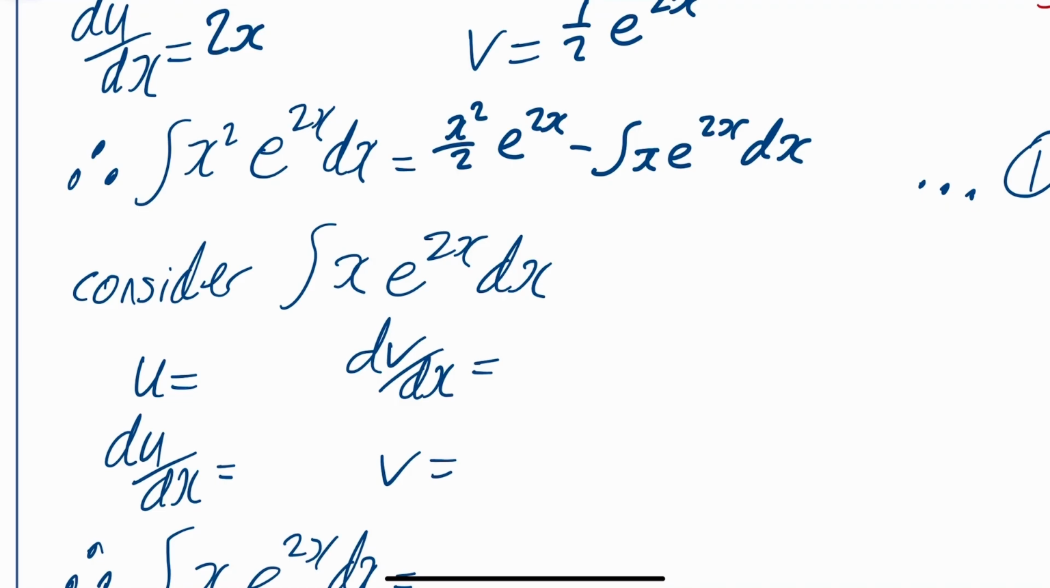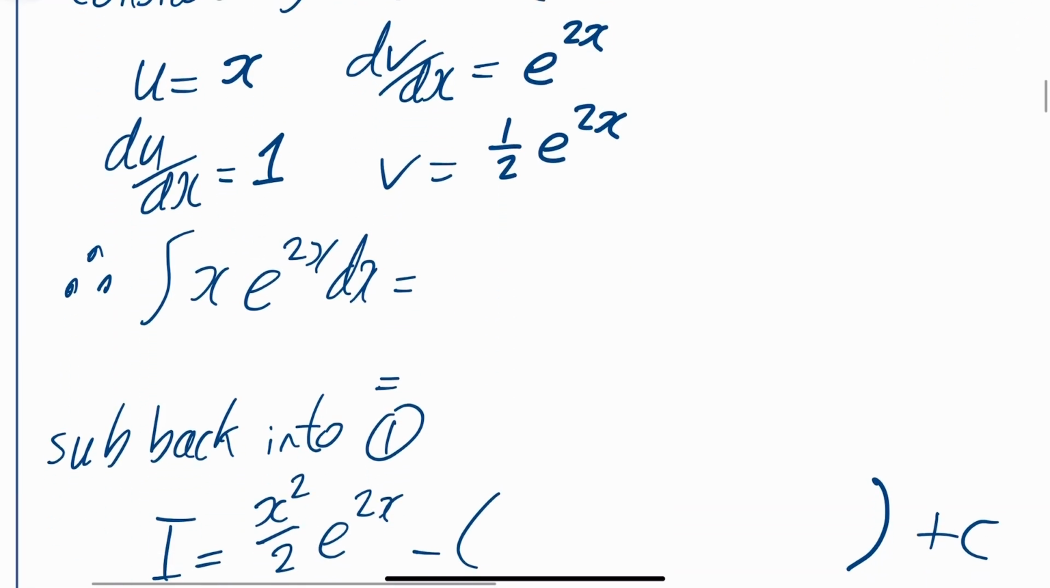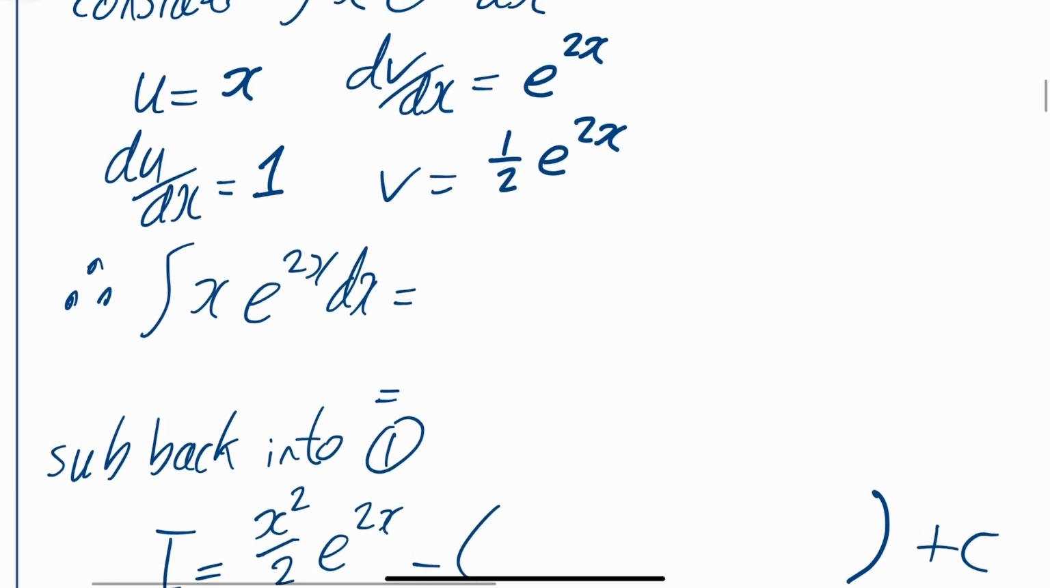So here on this one, if we consider the integral of x times e to the 2x, your u is just going to be equal to x, so du by dx is going to be 1. Your dv by dx is e to the 2x, so your v is going to be 1 over 2 e to the 2x. Okay, and then fire that in. That means this thing will become uv, which is just going to be x over 2 e to the 2x, and then minus the integral of